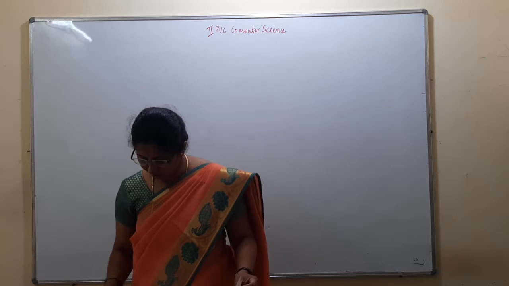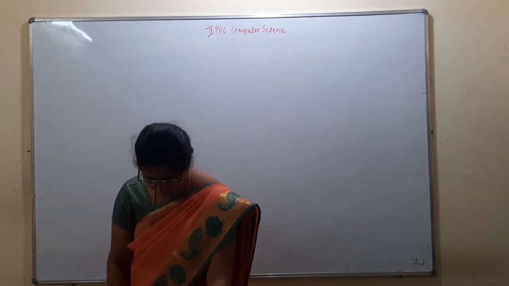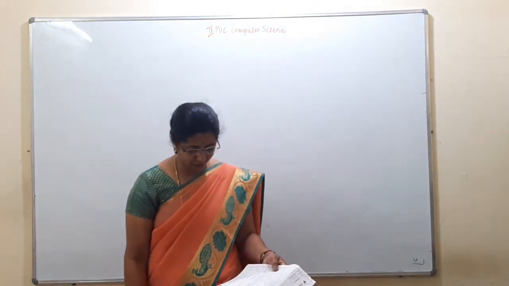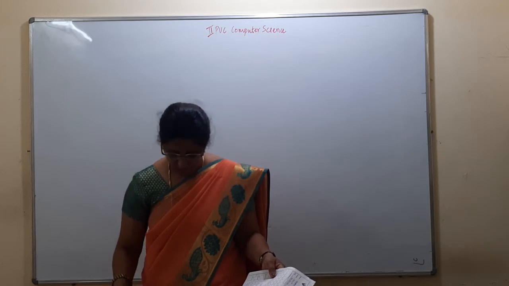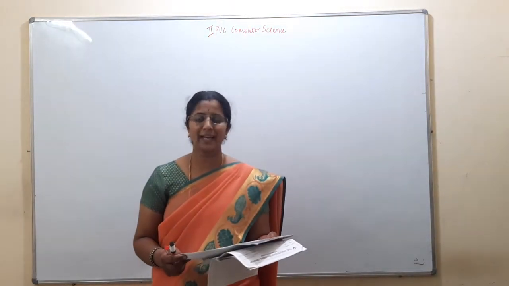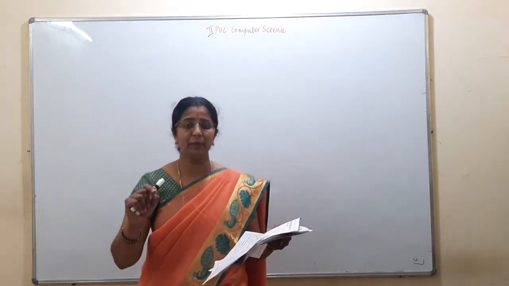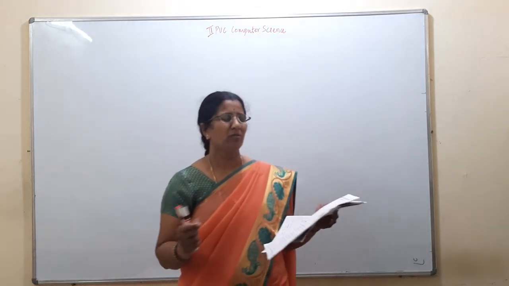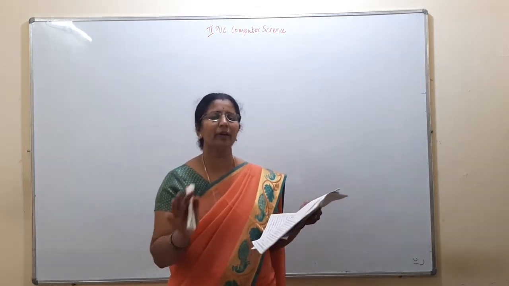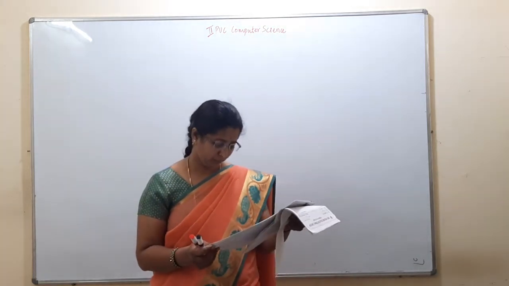In the second paper I got different answers for scope resolution operator. The first question is access specifier. Availability of the data in a program is called access specifiers. Please try to write what access specifiers we have. Not only a definition, try to write private, public and protected. No one wrote that. They just wrote availability of the data in the program is called access specifier. Try to write the complete one.